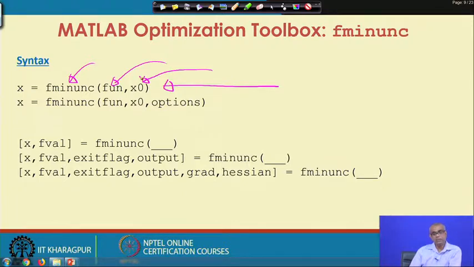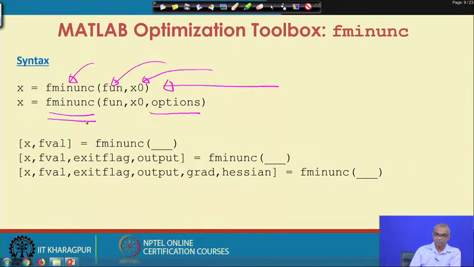Note this, if I write this, I have no way of telling MATLAB that I am supplying the gradient which needs to be used. So, for that you have to add one more argument, options, and through options you can tell this solver fminunc that you are supplying the gradient of the objective function which can be used for minimization.